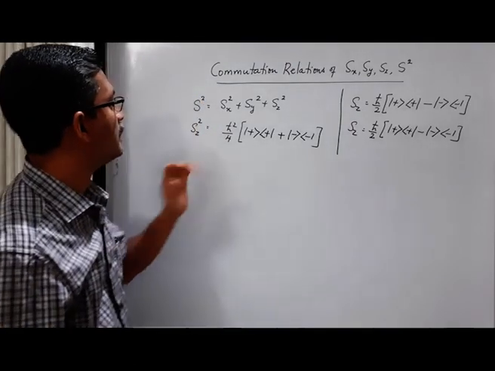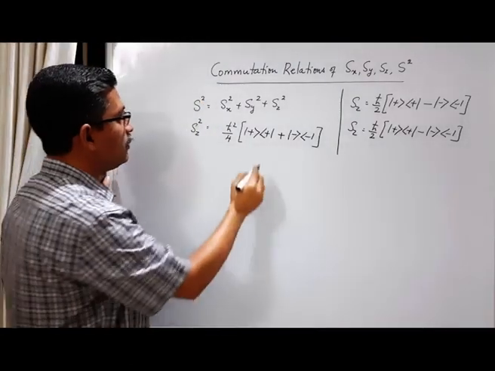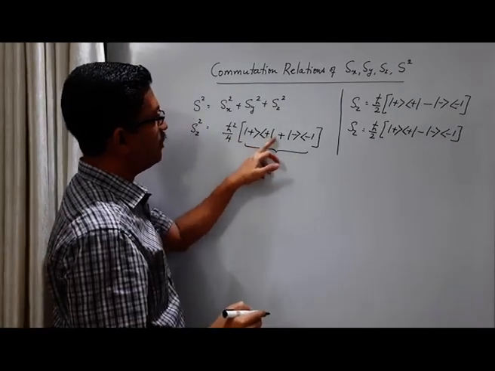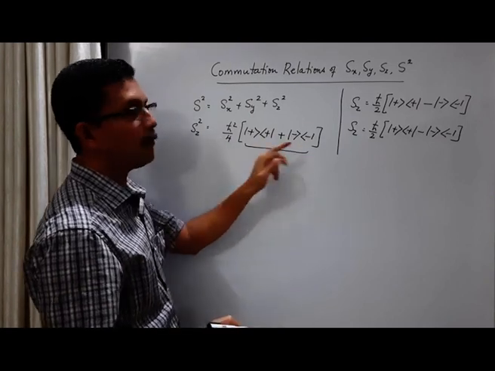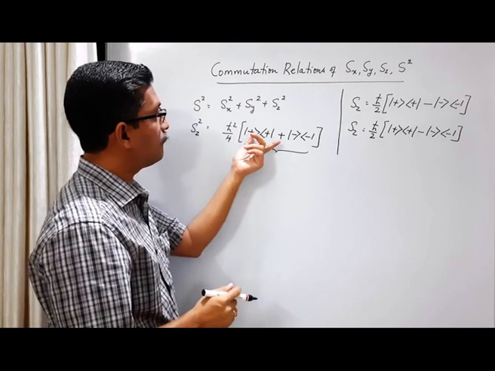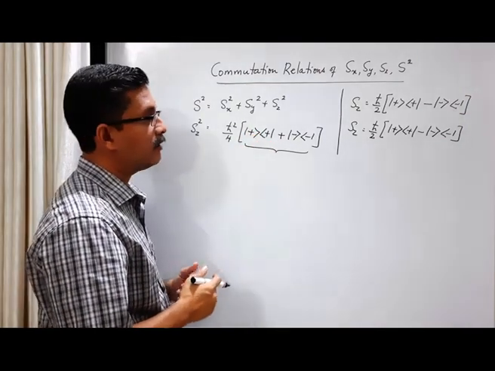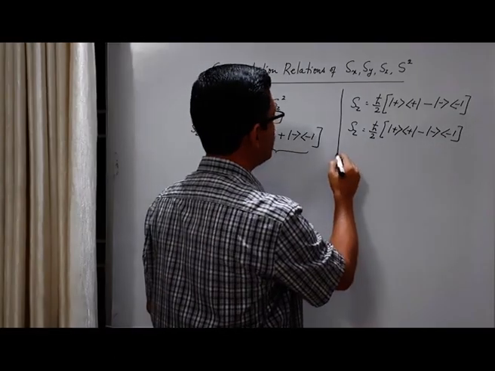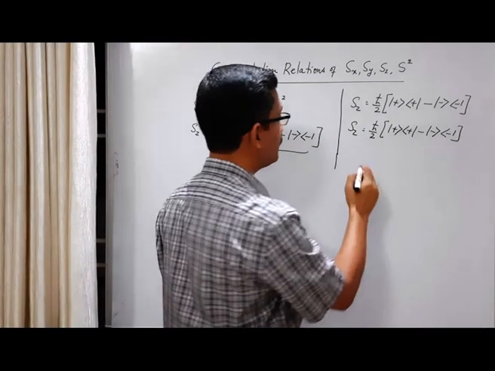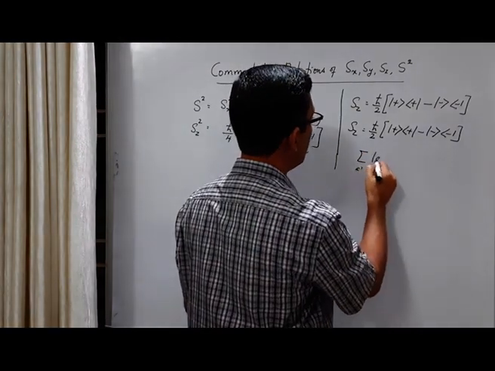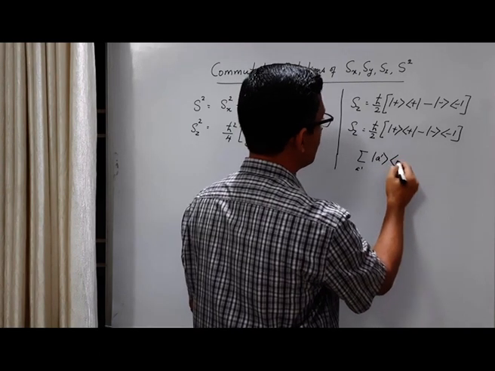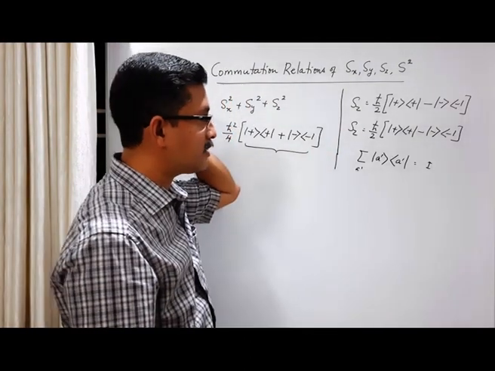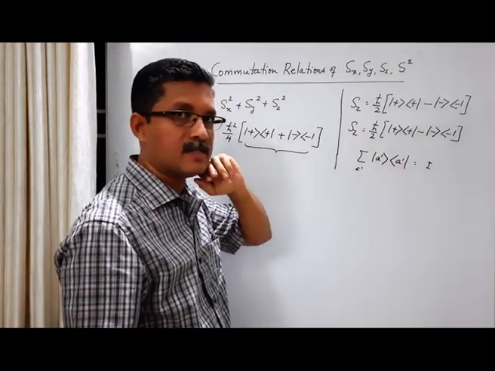Okay. So this is Sz square. But when you look at this one, ket plus bra vector plus, ket minus bra vector minus, this is the completeness relationship of these eigenkets. Remember the completeness relationship of a set of eigenkets, or set of base kets. You can write as summation over A prime, ket vector A prime, bra vector A prime, is equal to identity operator. That is a completeness condition for a set of base kets.